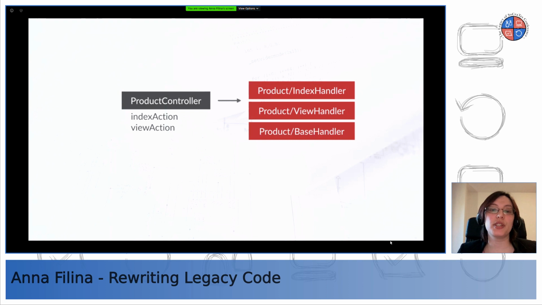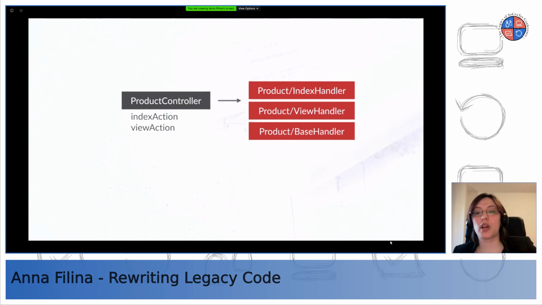So what I usually do when I work on that kind of migration is I would grab every action method, I will put that code into their respective handlers. And then those handlers will extend from the base handler, because you might have some other methods and properties in the controller class that you don't want to copy paste all the time to every single index and view handler.